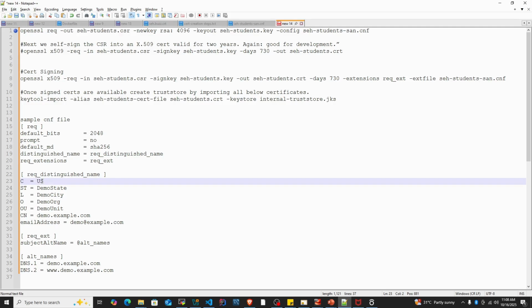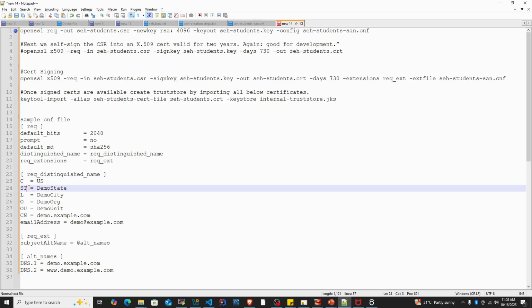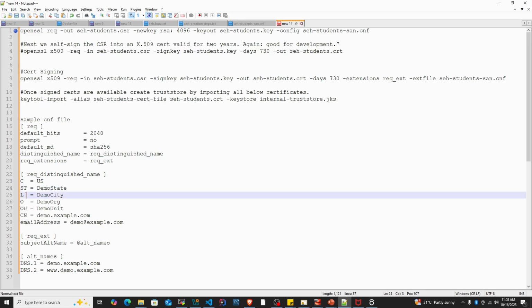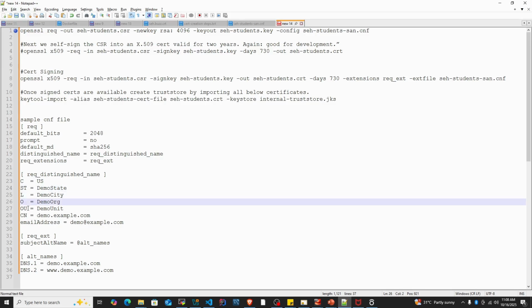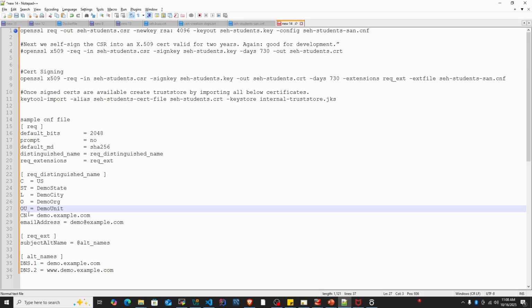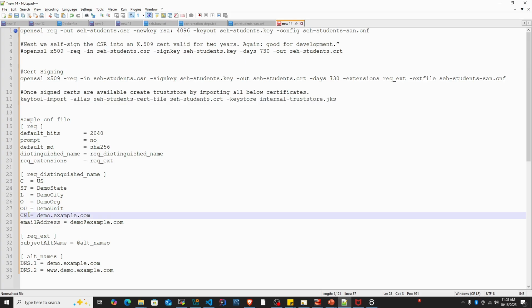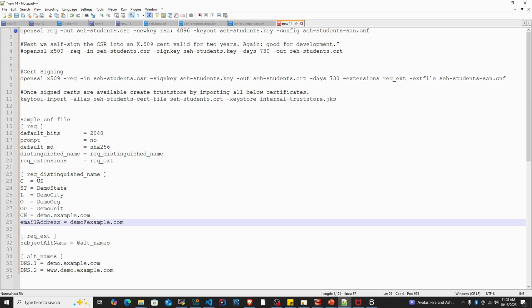Here C stands for country, ST stands for state or province, L for locality, O for organization, OU for organization unit, CN for common name, usually your domain name. Email address, contact email for